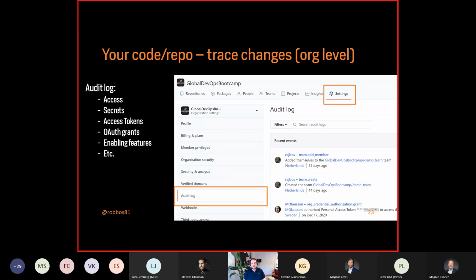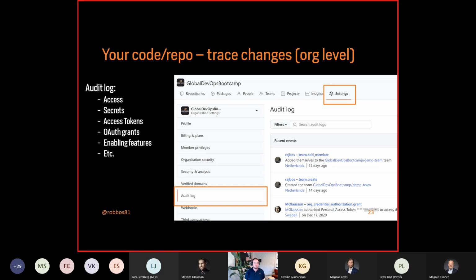Somebody who gave somebody access to a repository will be inside of the audit log. When somebody creates a secret or updates and deletes it, it will be in the audit log. Even when somebody specifically enables a feature inside of the repository, it will be in the audit log. There's even an API for this, so you can hook it up to your SIEM environment, for example, where your security team can do some research on that. You can do a lot of things in there. Be aware of that, where that is available.